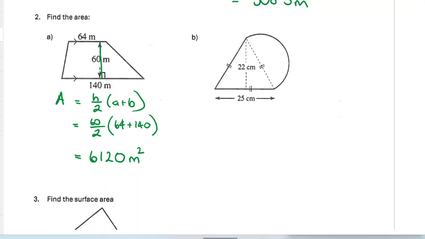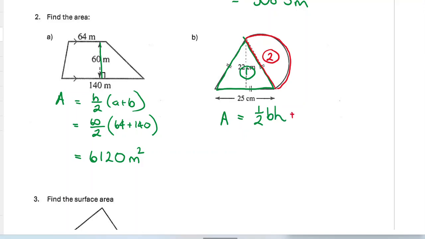But there are some harder questions, like B, where you need to combine two shapes together. So this shape has a triangle. So this is shape number 1 is going to be this triangle. And then shape number 2 is going to be the semicircle attached to that. So I need to add those two shapes together. So I'm going to make an equation. Area is going to be the area of a triangle, which is half base times height,